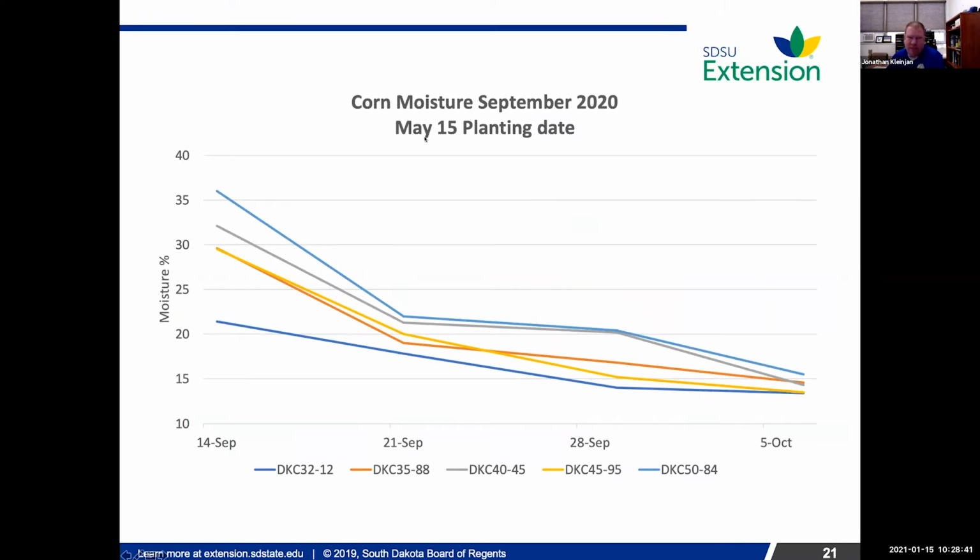So here's the May 15th planting date. I didn't put all 3 planting dates on this because I thought it would just get too busy. But we went out and handpicked ears every week in September and then the first part of October. So look at September 14th to September 21st. This is the 100 day hybrid. We dropped 12 points of moisture in 1 week. That's almost unheard of, we figure usually a half point a day. So on a good week, 3.5 to 4 points of moisture, but 12 in a week, that's just crazy. And they're all doing that. So it just shows what an unusual year 2020 was.